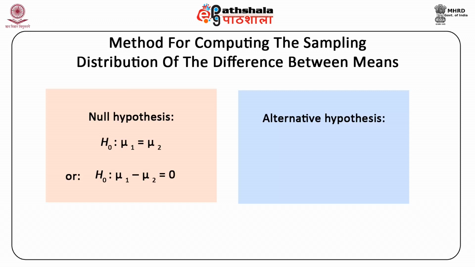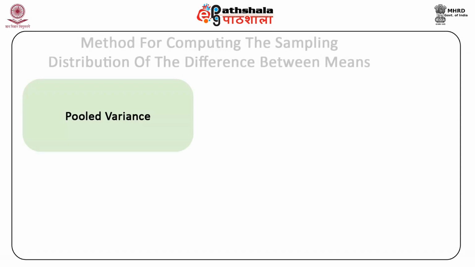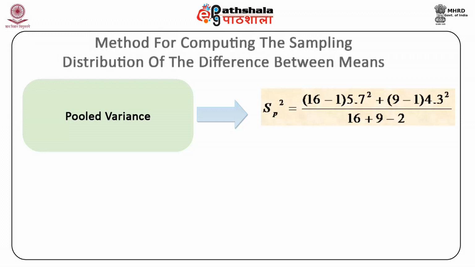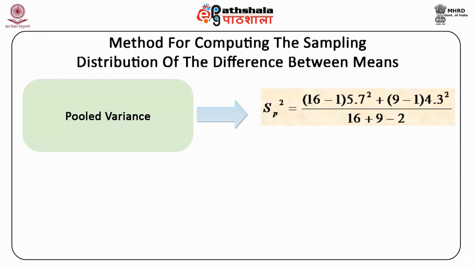Alternative hypothesis HA: mu1 not equal to mu2, or HA: mu1 minus mu2 not equal to 0. First, calculate the pooled variance. Sp square is equal to (16 minus 1) into 5.7 square plus (9 minus 1) into 4.3 square, whole divided by 16 plus 9 minus 2, which is equal to